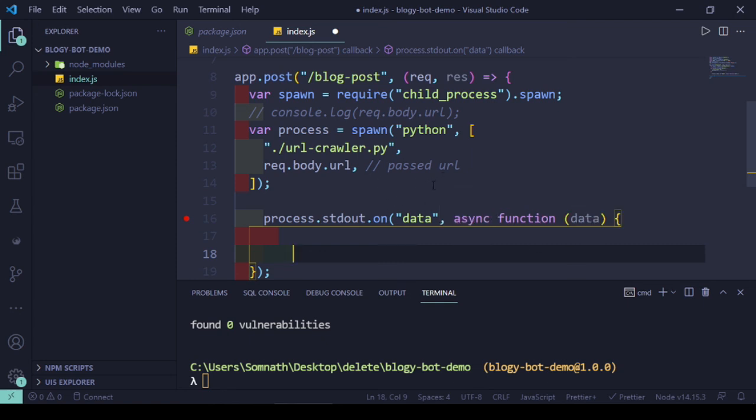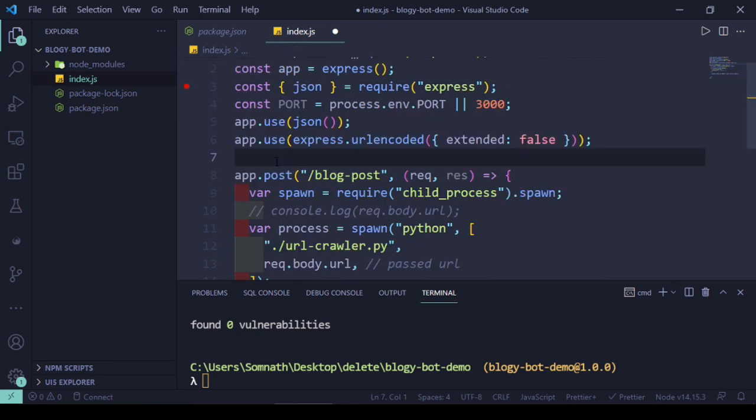Here we'll just send the response, because once the Python is done with its crawling, it will return all the information under this data section. And now this particular information that I have received, I have to dump it to the GitHub repository.